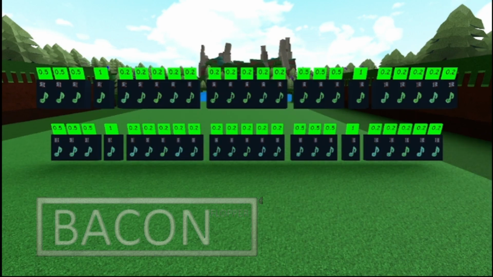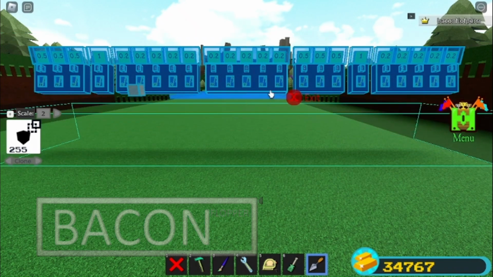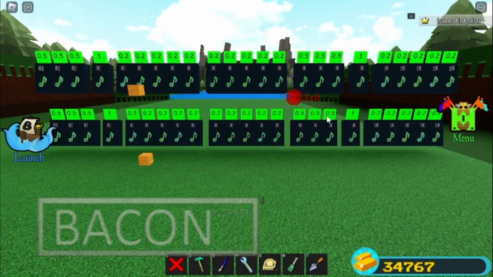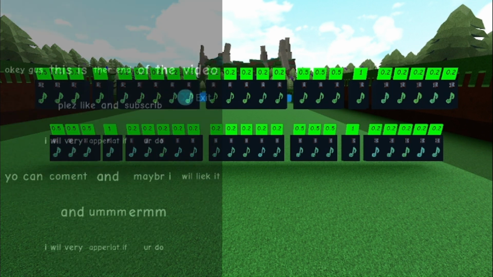But now you want to make 2 of these. First, clone this. Now you want to change the keys for the bottom one from this to this. And now we are